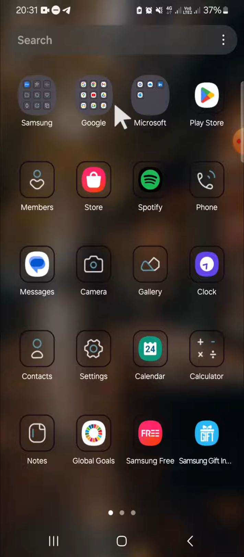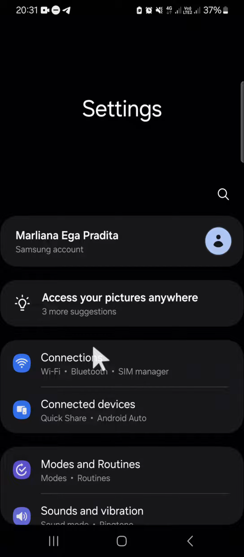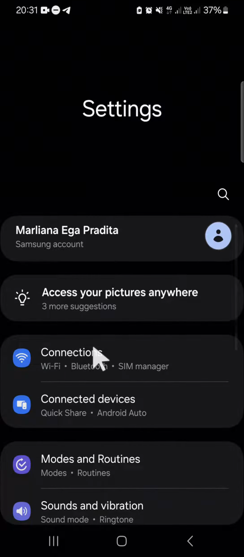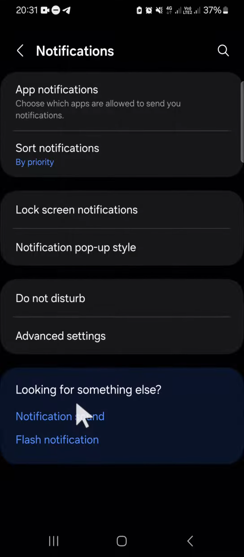First of all, you can open your settings application on your Android phone, and after you have your settings application opened, you can go to the notification setting. Click on this option, and here, since we want to show notification on Android lock screen, we can click on